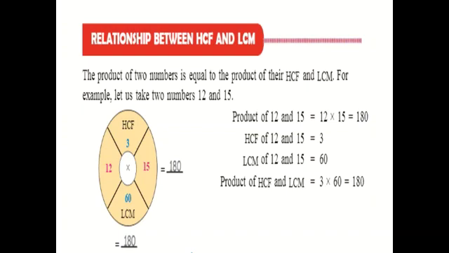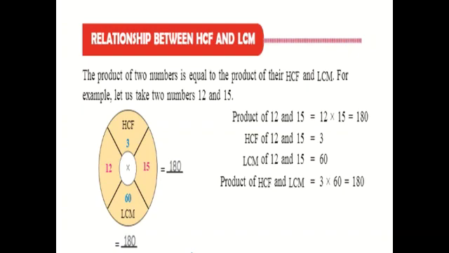So keep this aside. Then you find the HCF of 12 and 15. You can find it by the prime factorization method or long division method or whatever it is. When you find it by the prime factorization method, you get the HCF of 12 and 15 as 3. Then find the LCM of 12 and 15. You get 60 as the LCM.